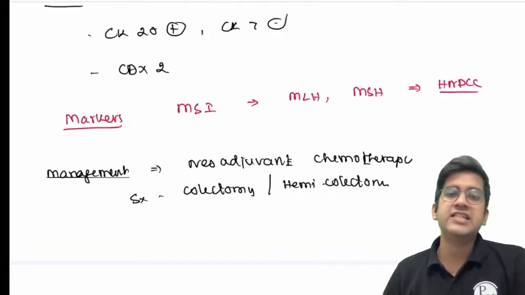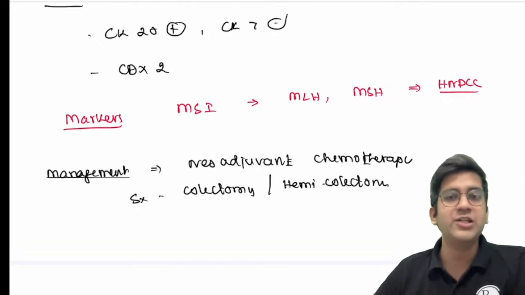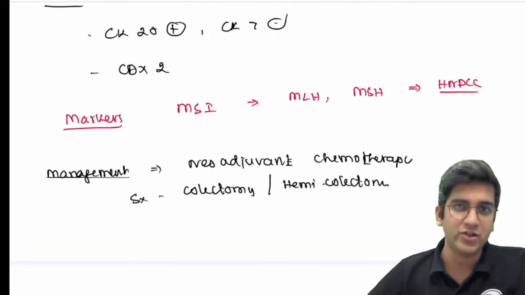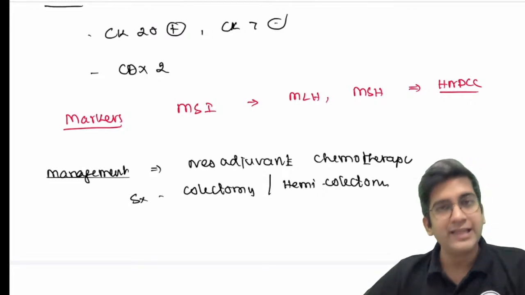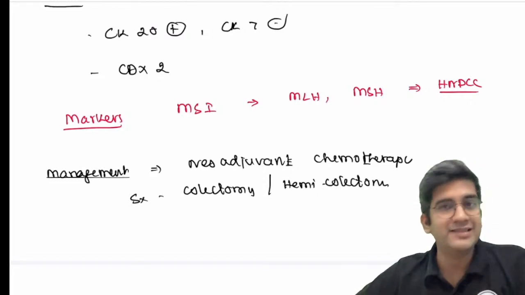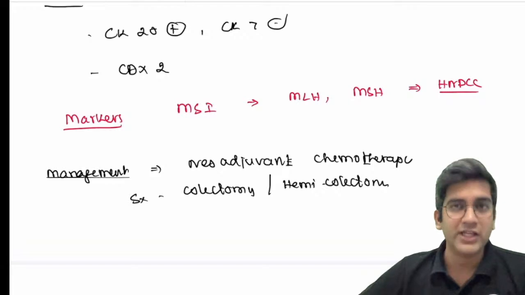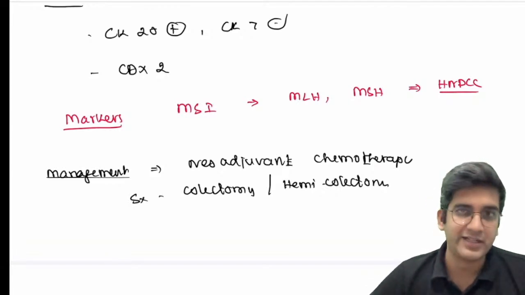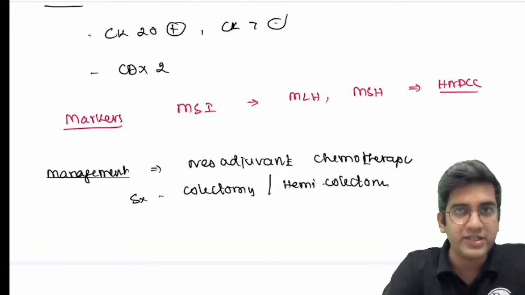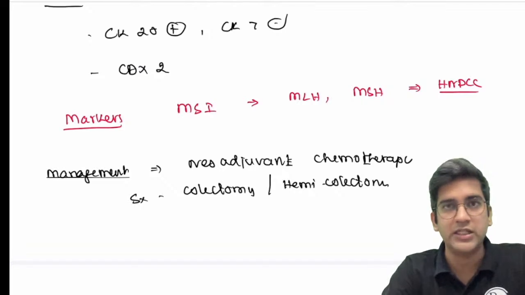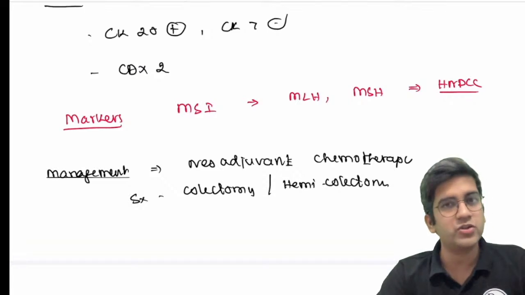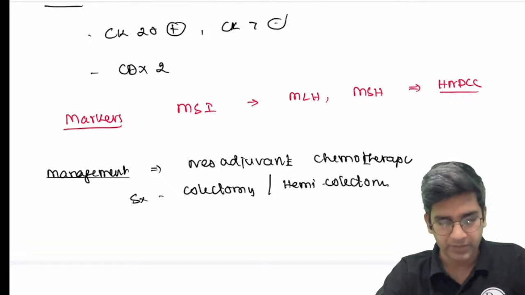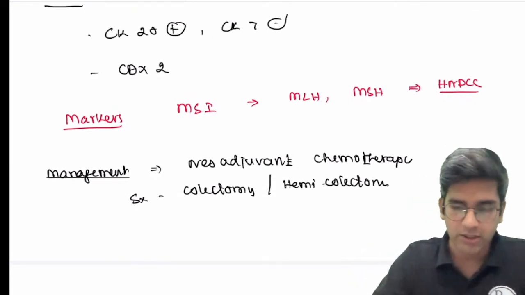Because there's a very high chance, if it's a younger person, of a syndromic etiology rather than a sporadic etiology, right? No one is going to get a colon carcinoma at 35 years old. Which means I have to tell the sibling, see, there's a problem. Please go for a regular follow-up. If it's there, let's do a prophylactic surgery. That's why genetic analysis and genetic counseling is required if it's an early onset cancer. That's true for every cancer, be it breast cancer, colon cancer, any cancer. If it's early onset, always genetics is required. Fine. That's about your colonic carcinoma.